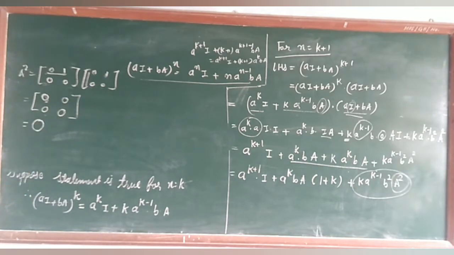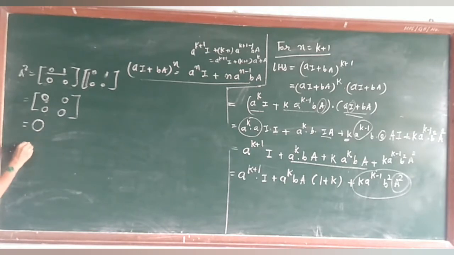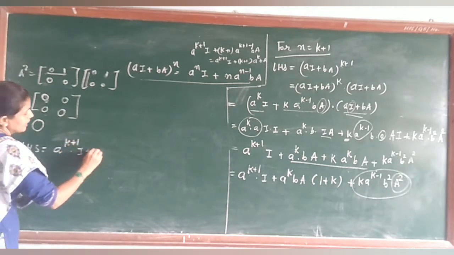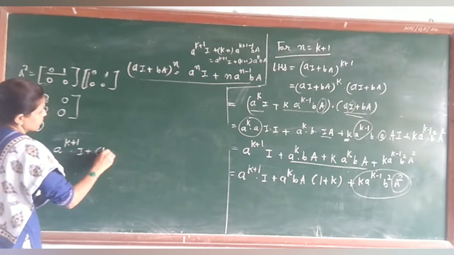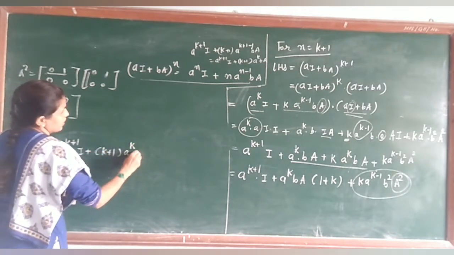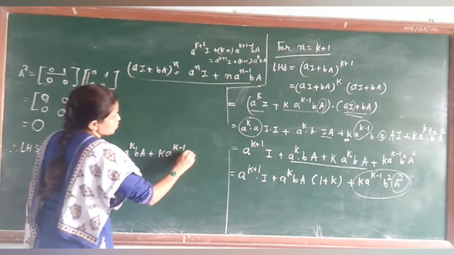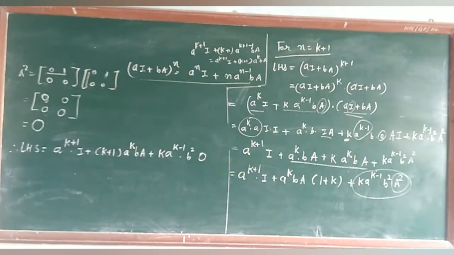So let me follow with the LHS. So I am again continuing the LHS here. So therefore LHS is equals to A raised to K plus 1 into I. A raised to, I am writing in the proper form, so K plus 1 I am writing first. A raised to K B A plus K A raised to K minus 1 into B square. At the A plus A square I am writing a 0 matrix, and you know that 0 matrix is working